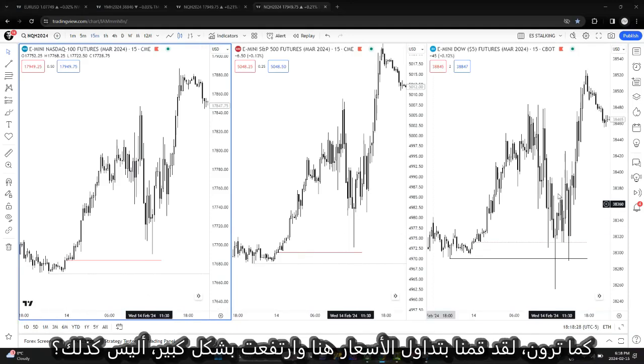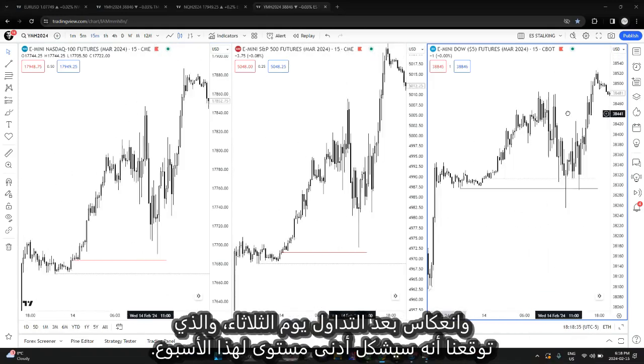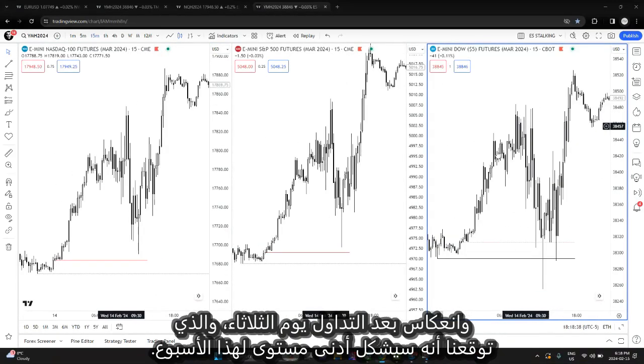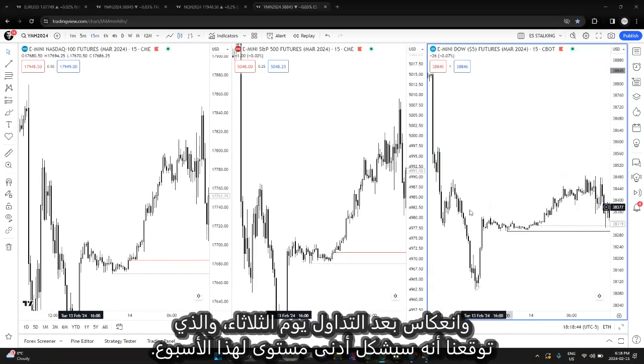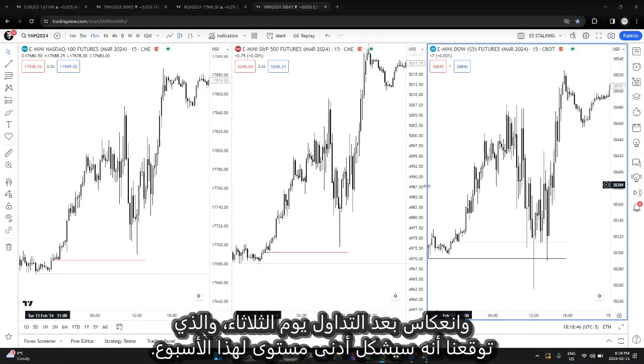As you guys can see, price traded here, then it exploded upwards, right? And reversing after trading into Tuesday,